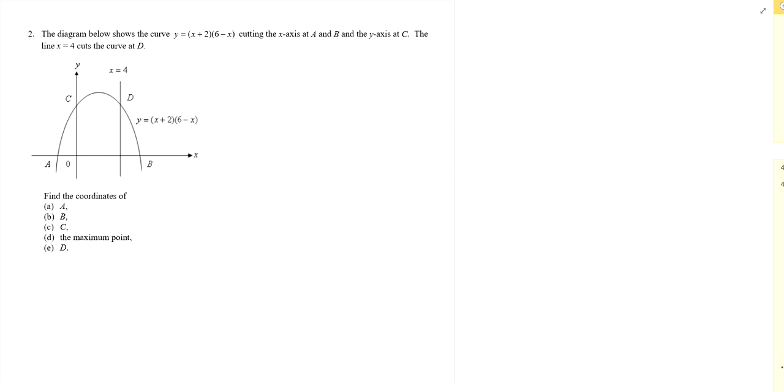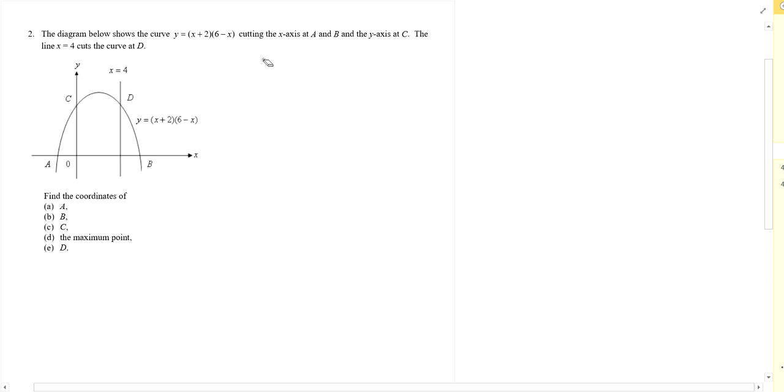Okay, for the last question of chapter 4 part 2, we again have a quadratic graph. y equals (x + 2) multiplied by (6 - x) this time. So quickly check that when you multiply the x terms together, we will obtain a negative x squared term. Since the coefficient of x squared is negative, we are going to get a parabola opening downwards as shown in